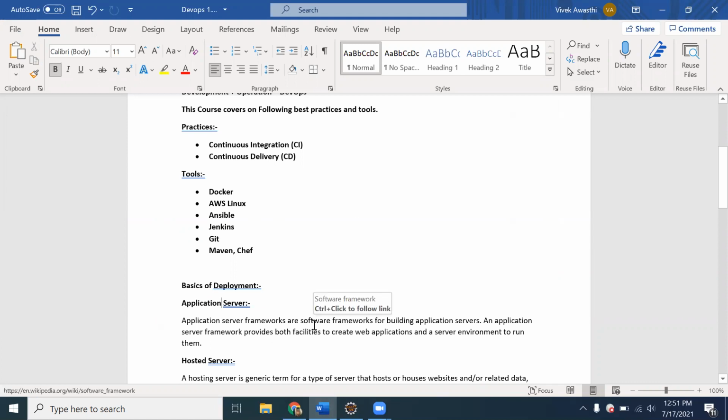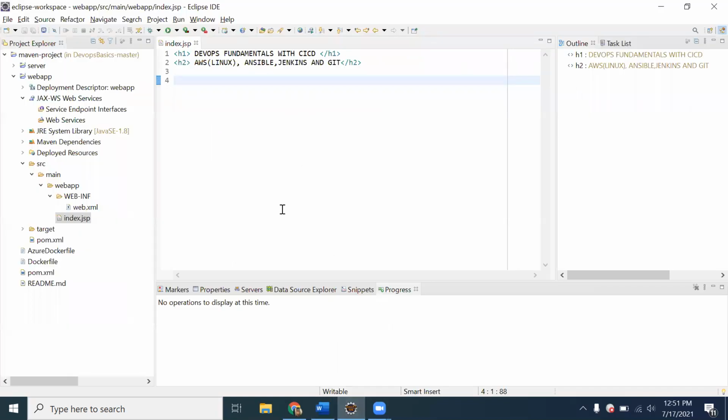An application server is a kind of software that provides an environment to run the application on it. Suppose you have installed an application server. Then whatever code is written here, we have to place that code into the application server. The application server supports HTTP requests and responses, and using them we can access that application. That's the way we access a website, like HTTP, then www, then the website domain name. In a similar way, we have to place the application on the application server, and then using that IP, we can access it.